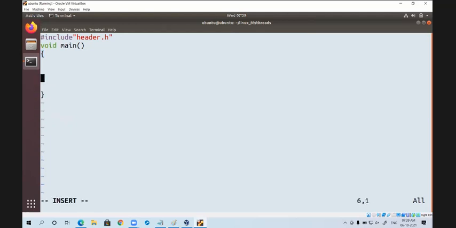Let's suppose I'll design two functions, void task1 and void task2.